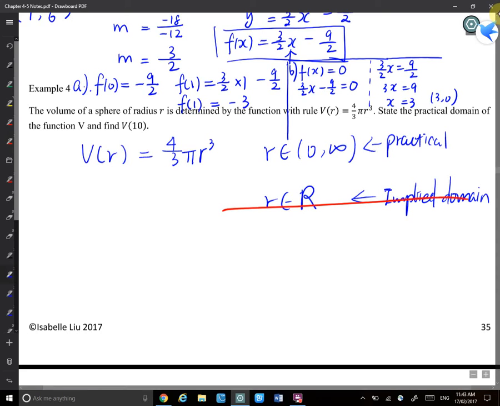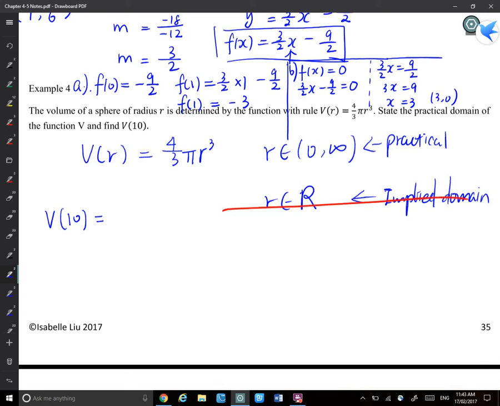And I'm looking for V(10). So what is meant by V(10)? What does it ask you to solve? It's actually to solve: when the radius equals 10, what is the volume? So V(10) means r equals 10, what is my volume? So the volume will be